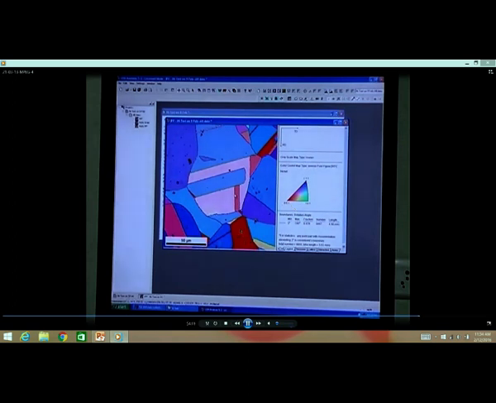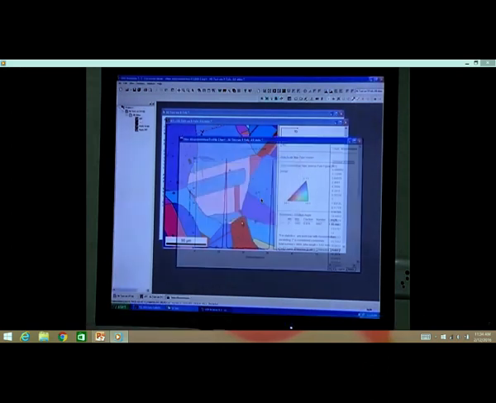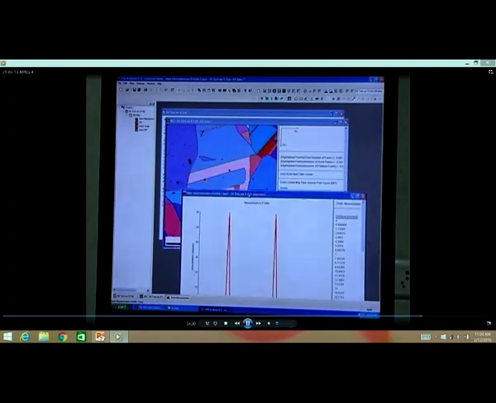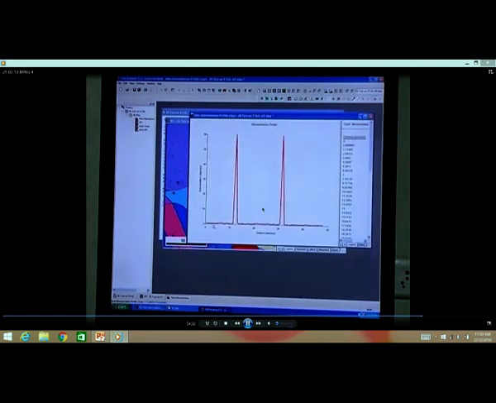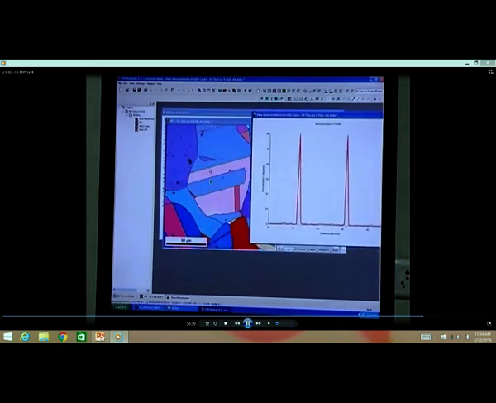So, each color indicates the whole grain orientation belonging to this particular number. So, that is what it means. And another important thing we can do, see what the scholar is trying to do, is to look at the misorientation between these two grains. What he has done is he has just taken the cursor and drawn this line here between these two boundaries.